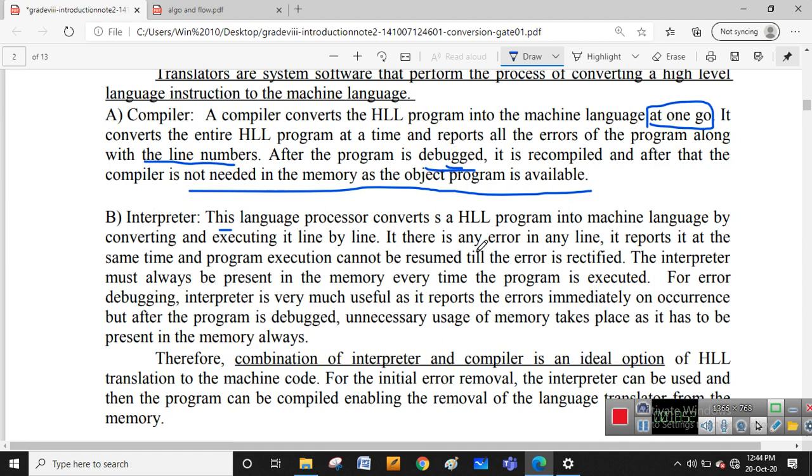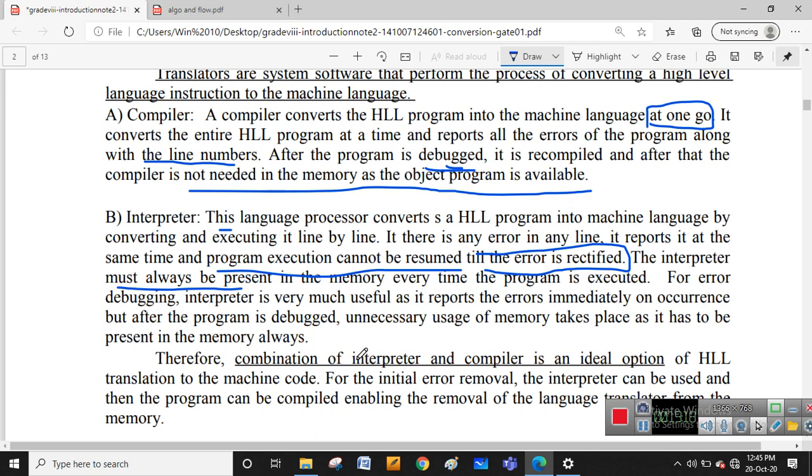Therefore any error in any line, it reports at the same time, and the program execution cannot be resumed till the error is rectified. Okay, program execution cannot be resumed till the error is rectified. The interpreter must always be present in the memory every time the program is executed. So for error detection or debugging, the interpreter is very useful as it reports the errors immediately rather than after